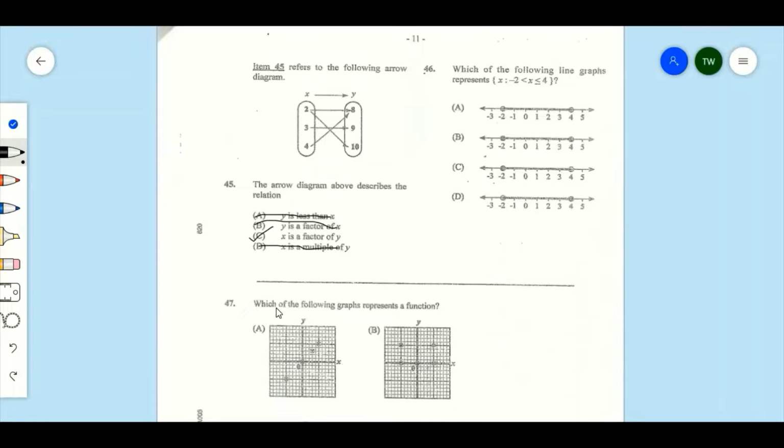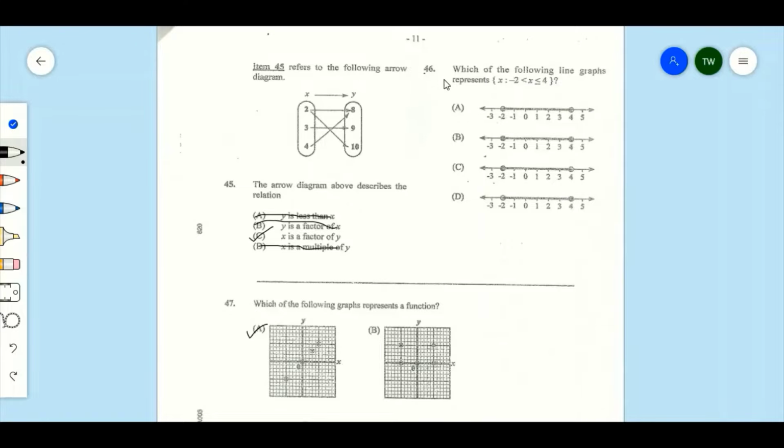Now it says, which of the following graphs represents a function? Clearly here, as you can see, the graph represents y equals x. This is a function, so A would be the answer here for 47. Alright, now